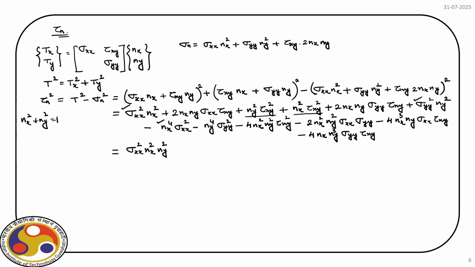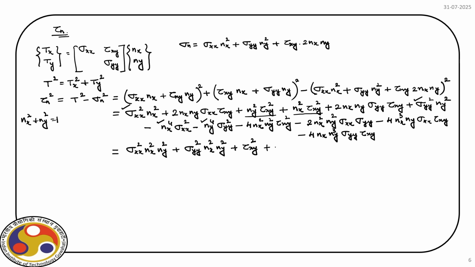Similarly, we can consider this term and this term. So, what we have is sigma yy square, and again if we take ny square common, we will have 1 minus ny square. So, that is nx square. So, we will have here nx square ny square, and then plus tau xy square that I have already explained. Okay. Then what next? So, we have